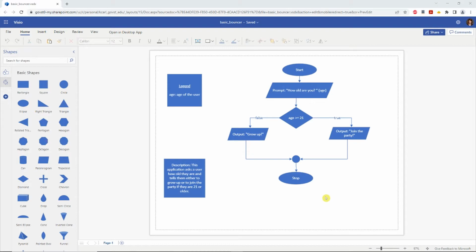Now again, this is going to be an indefinite loop. Indefinite loops run as long as the loop control variable allows them to run. So the first thing I'm going to do is revise the description to add the idea that we're going to give them an opportunity to change their age. So this application asks the user how old they are and tells them either to grow up or to join the party if they are 21 or older. If they are not old enough to join the party, they are given the opportunity to change their age and